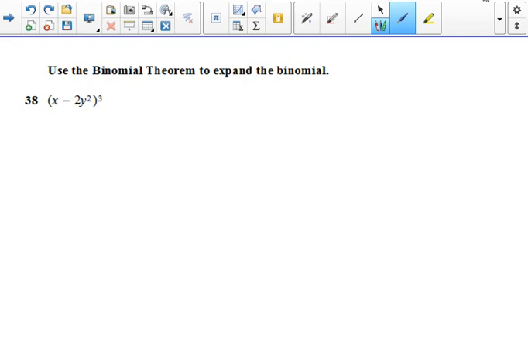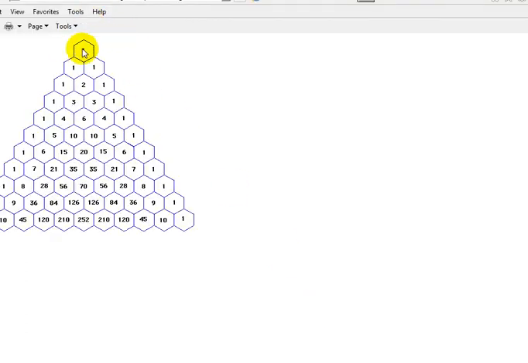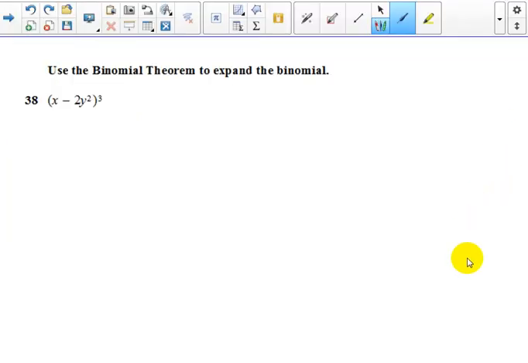So we have a binomial to the third power. So we know we're looking in our Pascal's triangle at the third row. Remember, it starts with 0. So that's 0, 1, 2, 3. So the third row is 1, 3, 3, 1. So we know those are our coefficients. So now we know that our a term is equal to x, and our b term is